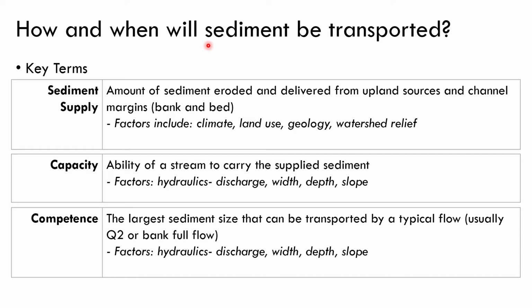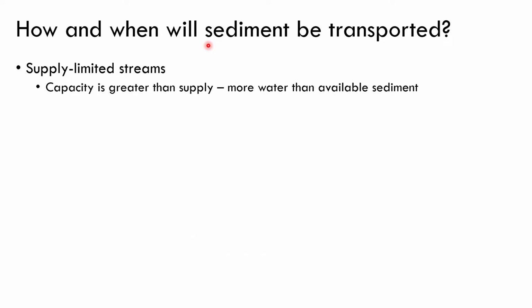So competence is related to what size sediment can actually be moved by a typical flow. Again, this is related to the hydraulics: discharge, width, depth, and slope. And so when we think about those ideas of supply, capacity, and competence, we can combine